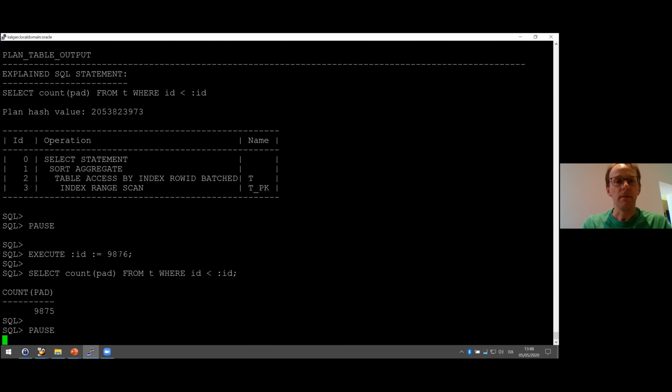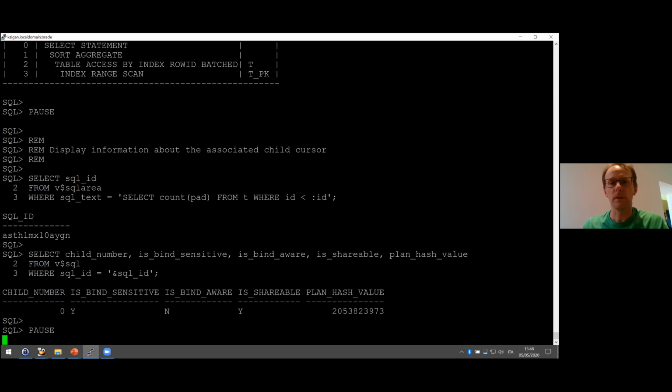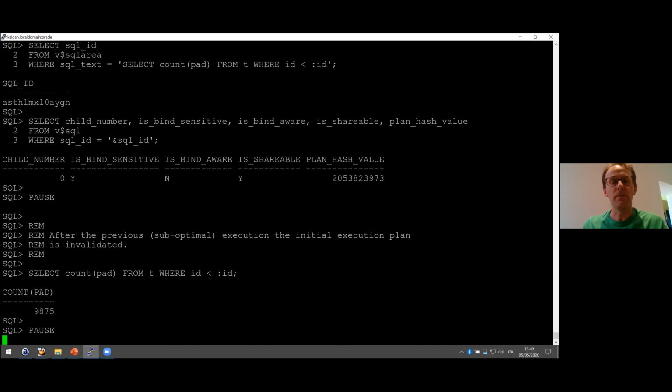Now, if we specify a large value, since again, parent and child can be reused, it will be reused. So in this case, we just access many rows with an index range scan, which is basically not good. If we check the library cache, we see only one child cursor for both executions. Now, the point of adaptive cursor sharing is that if I re-execute the query a number of times and Oracle notices that the executions are not performing well,